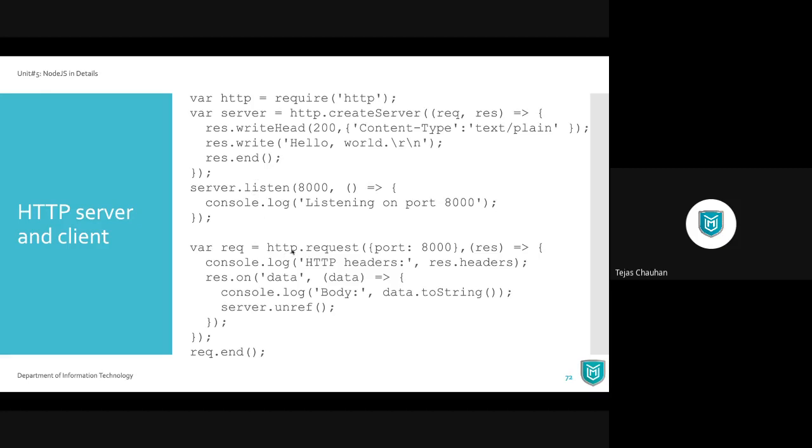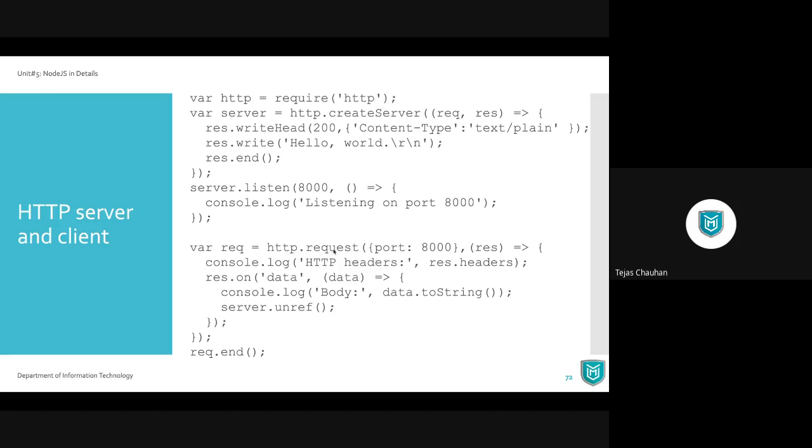You are going to make a request using the HTTP object. So http.request on which port? On port 8000. Now these are the options for your request header. Alongside this port, you can send a few other headers like content type and content length inside the header sub-object, or you can set a path for a particular request, requesting a file, and so on.